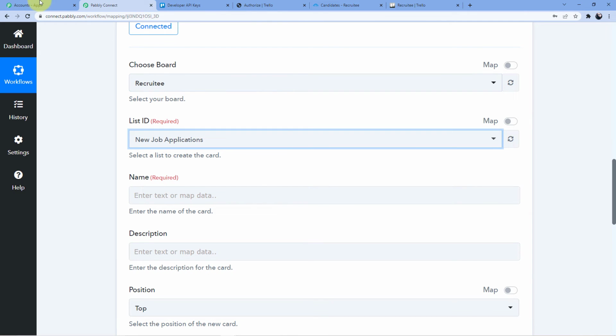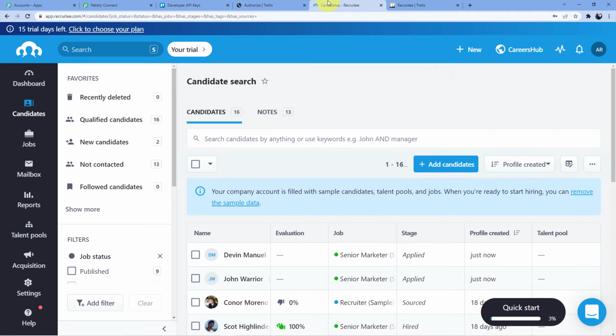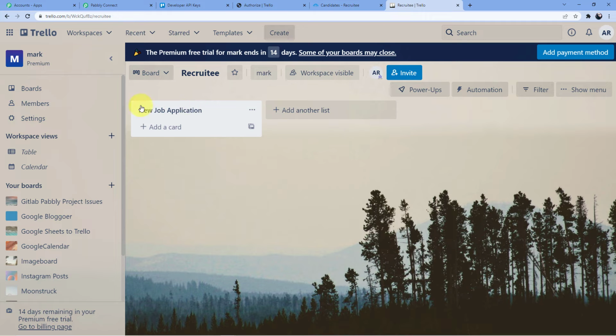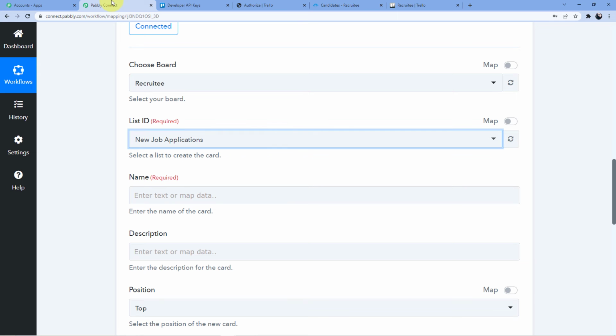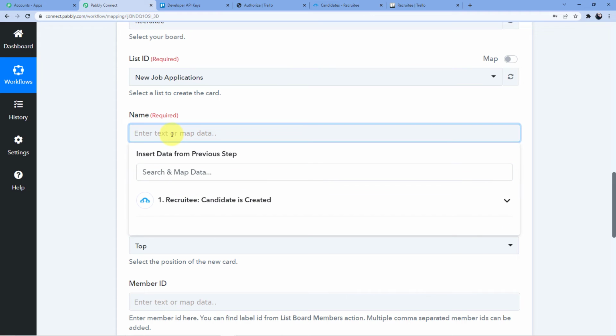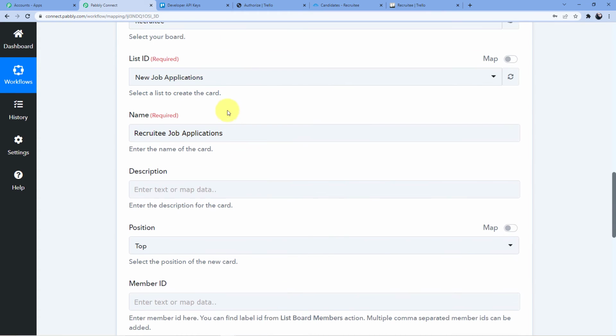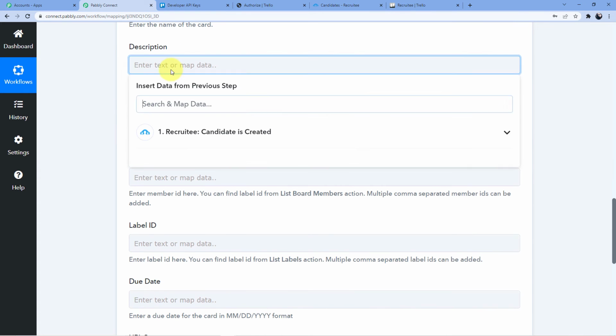Here the list ID is new job applications, because I only have one list ID here in my Trello, which is this new job applications. And now it is asking you for the name. You can just give the name manually: Recruitee job applications. That would be nice because we are creating a new card, so this is the name of our card. Description. The description would be